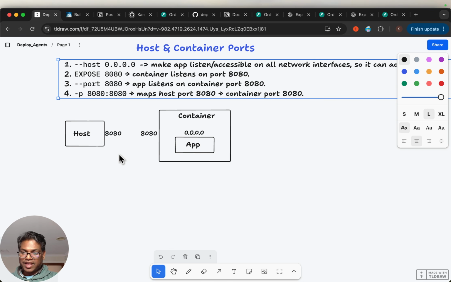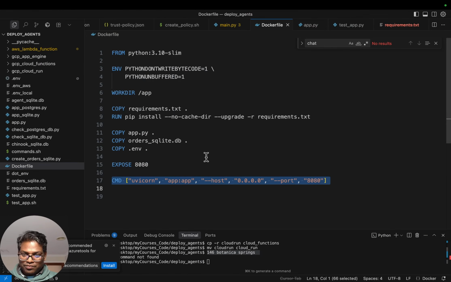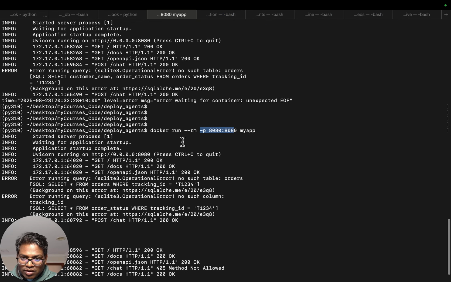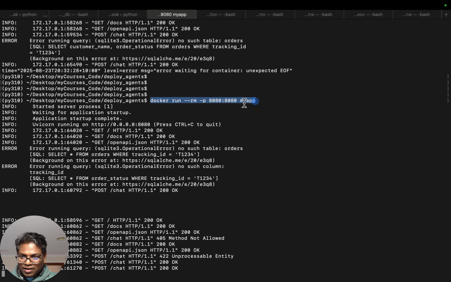We will be sending the requests, and then the container receives our requests on port 880. Again, these two numbers need not be the same. All right, so we run the container, and if everything is successful, we should be seeing that Uvicorn is running